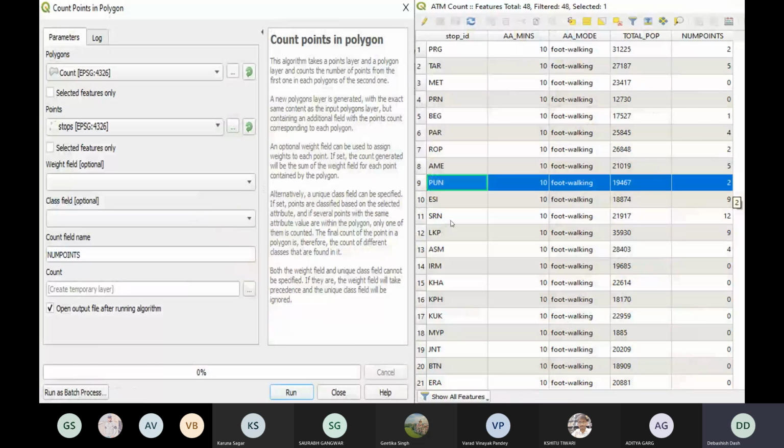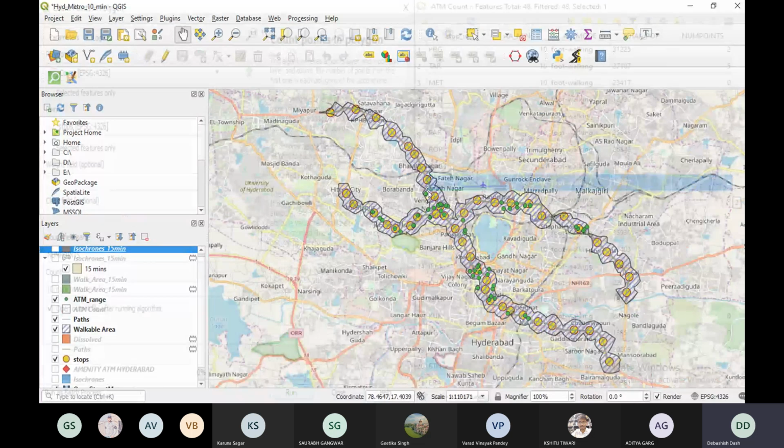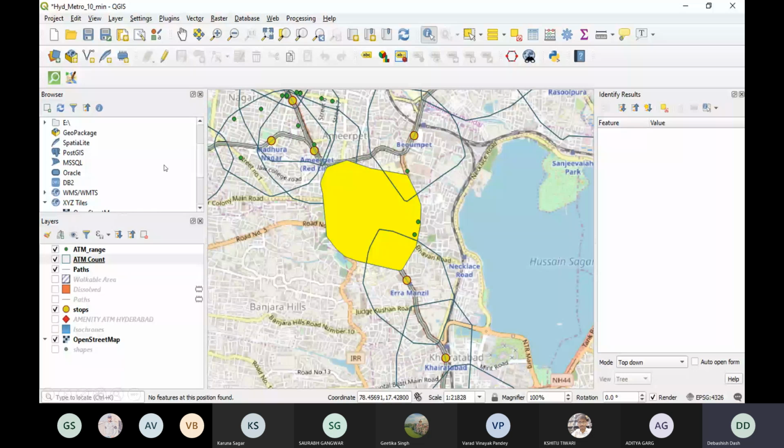And now this refers to all the points, for all the stations. If I want to pick up a particular station, say Begumpet, I picked up Begumpet, and I also used another tool which helps me to count each feature inside a polygon. What it did is count the only two ATMs which are present inside the Begumpet polygon, and now I have these two features only. So now I can simply click on any ATM which I want to access. It will give me the location of that ATM, and then I can always find my route to that ATM using Google Maps or anything. So yeah, I did this for Hyderabad metro stations.